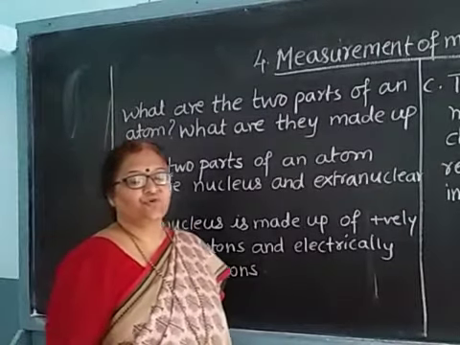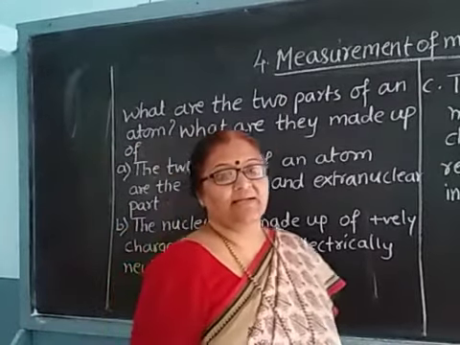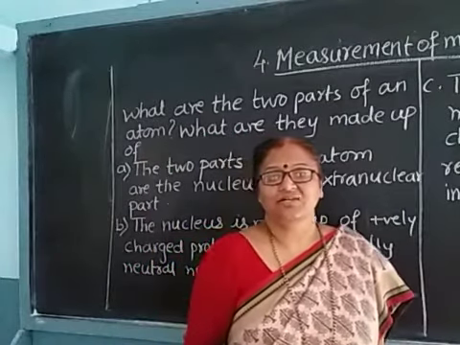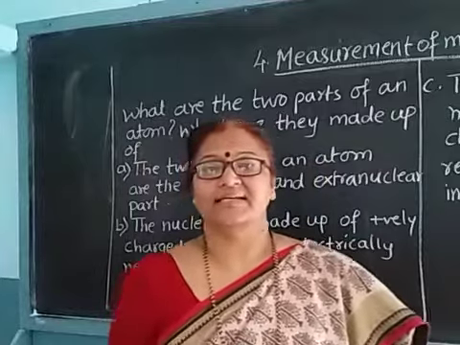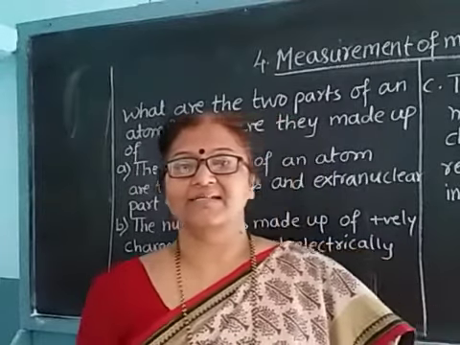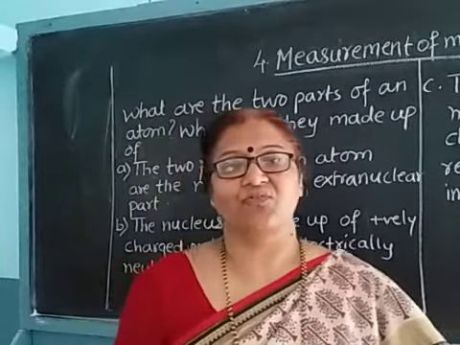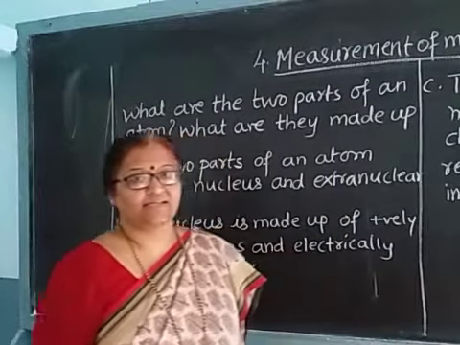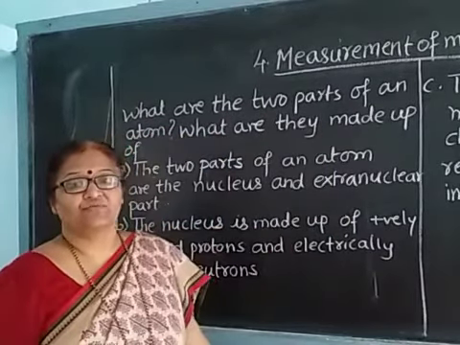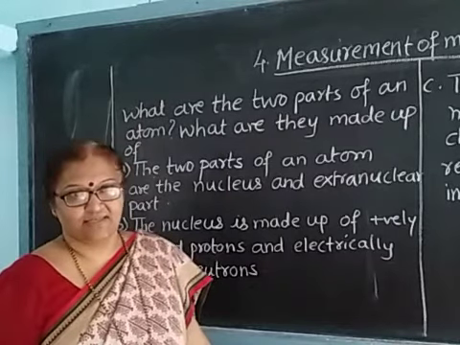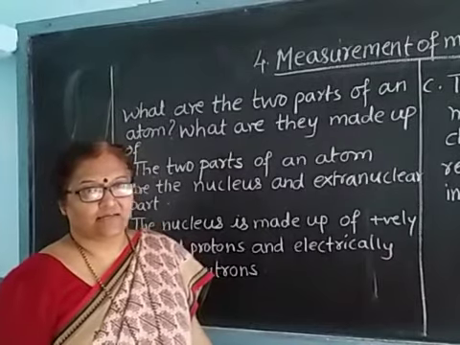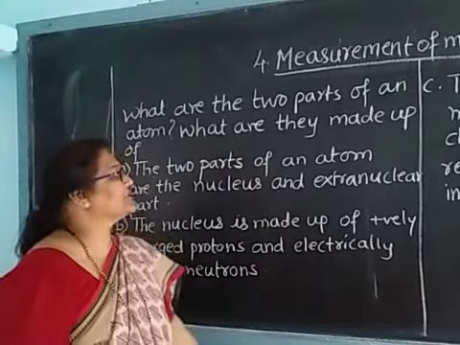Now, I have told you that an atom has a structure, and the structure is that at the middle there is a nucleus and there are some charged particles which are revolving around the nucleus. I have told you this before. Now, we have to see which are the two parts here. We are seeing a little information about that. Now in detail we are going to see here.